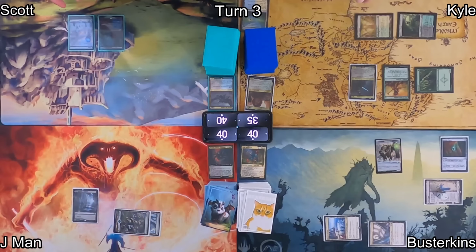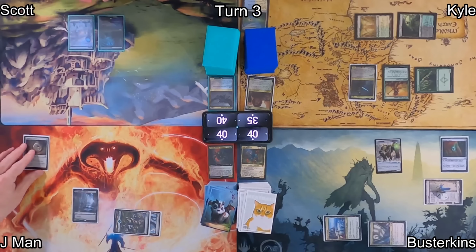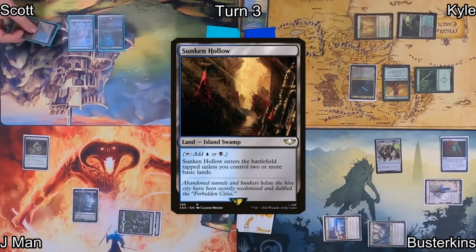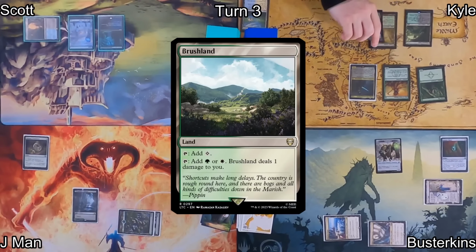He passes the turn over to J-Man, who plays a Forest, into a Talisman of Resilience. He's a bit slow to start, but he'll pass the turn over to Scott, who plays a Sunken Hollow. And Scott also is a bit slow to start, so he'll pass back to Kyle,